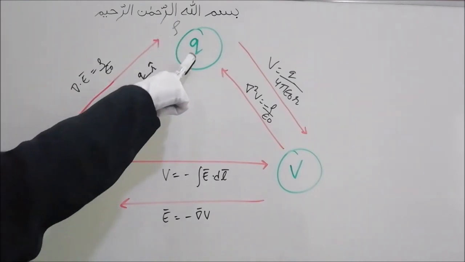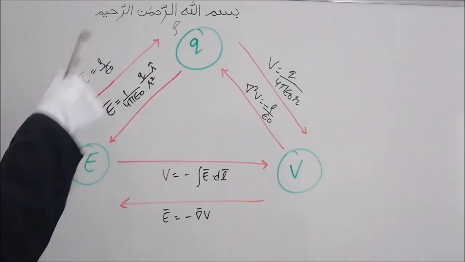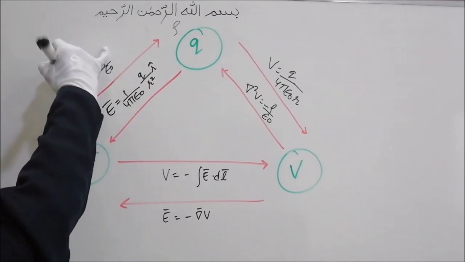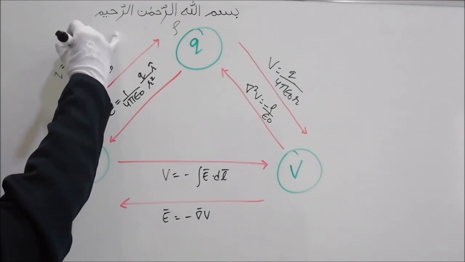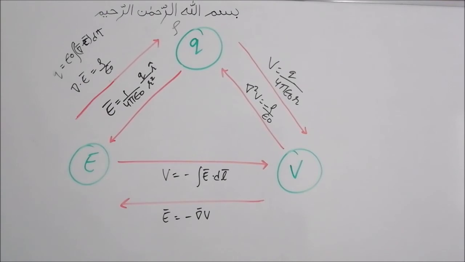And if you want to find Q, that is the charge, using the electric field, then we can use del dot E equals rho upon epsilon naught, that is the differential form of Gauss law. From here we get Q equal to epsilon naught integration del bar dot E bar into d tau. So it is very important to remember all the formulas which we have seen up till now.